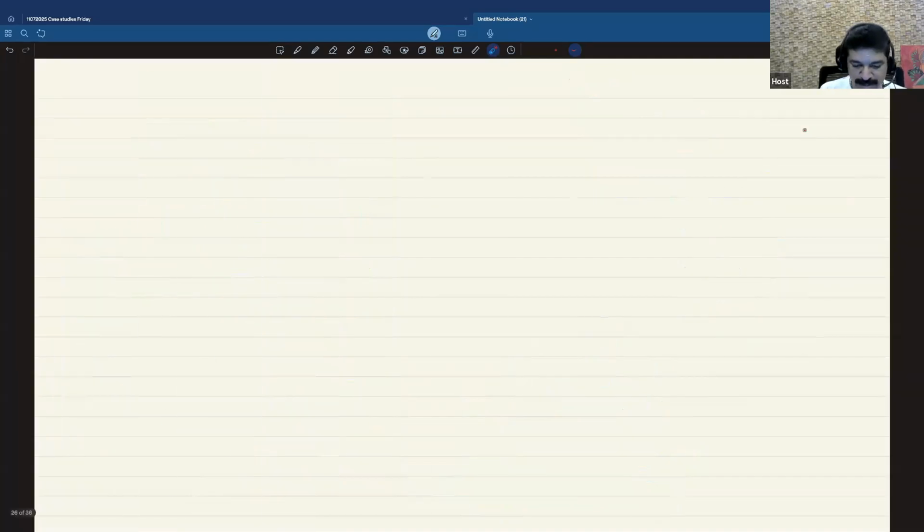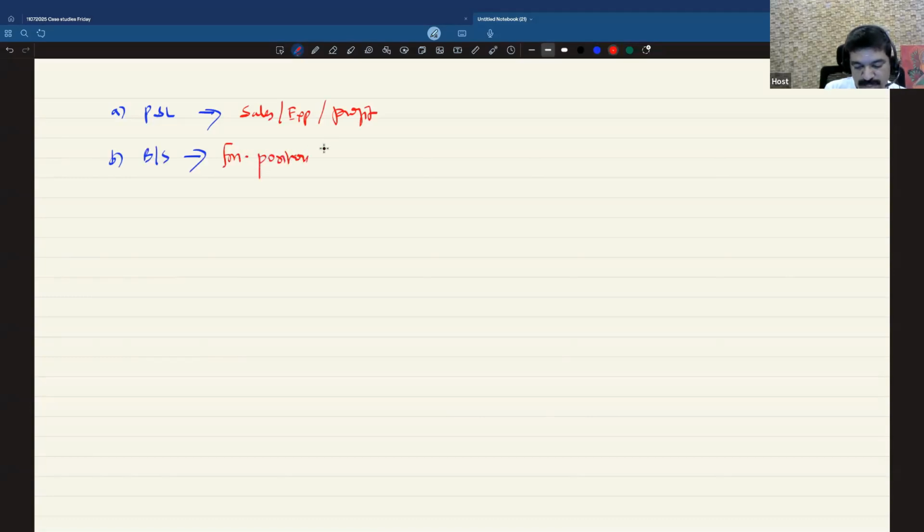Now a question may arise: what is the need for having this fund flow analysis? There is a P&L, but what is the purpose of the P&L? It is to communicate what the sales, expenses and profits are. Then a question will arise: there is a balance sheet. Yes, but the balance sheet's role is to communicate the financial position of a business as on a particular date, that is, what assets they have, what liabilities they have, and what the contribution of the owners is. That's it.